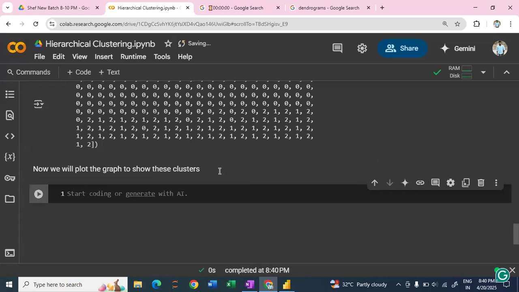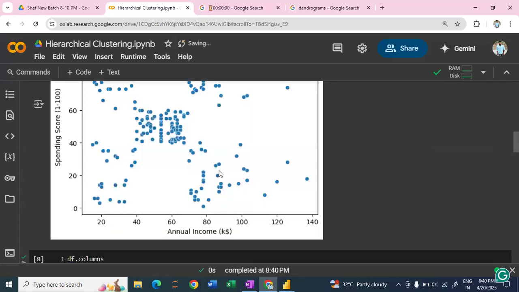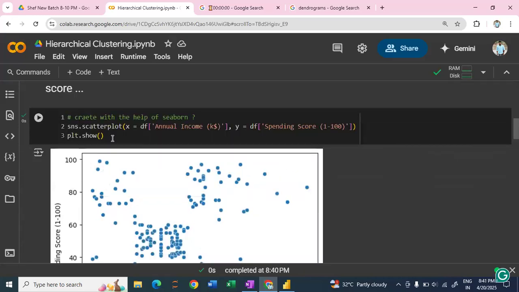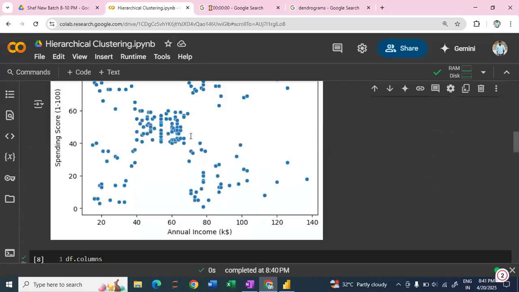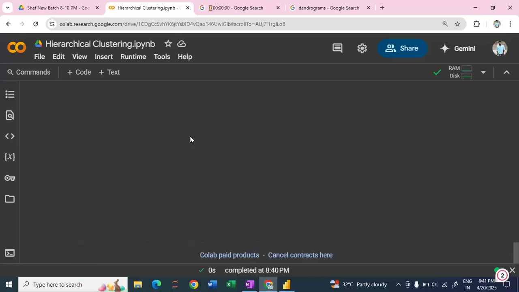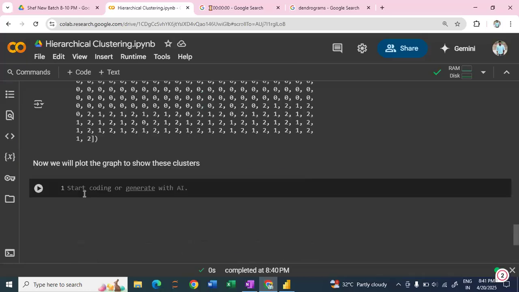Now what I'm going to do is just copy the code, or you can write it. Why? Because I want to pass c equal to. Like plt dot scatter, and from X